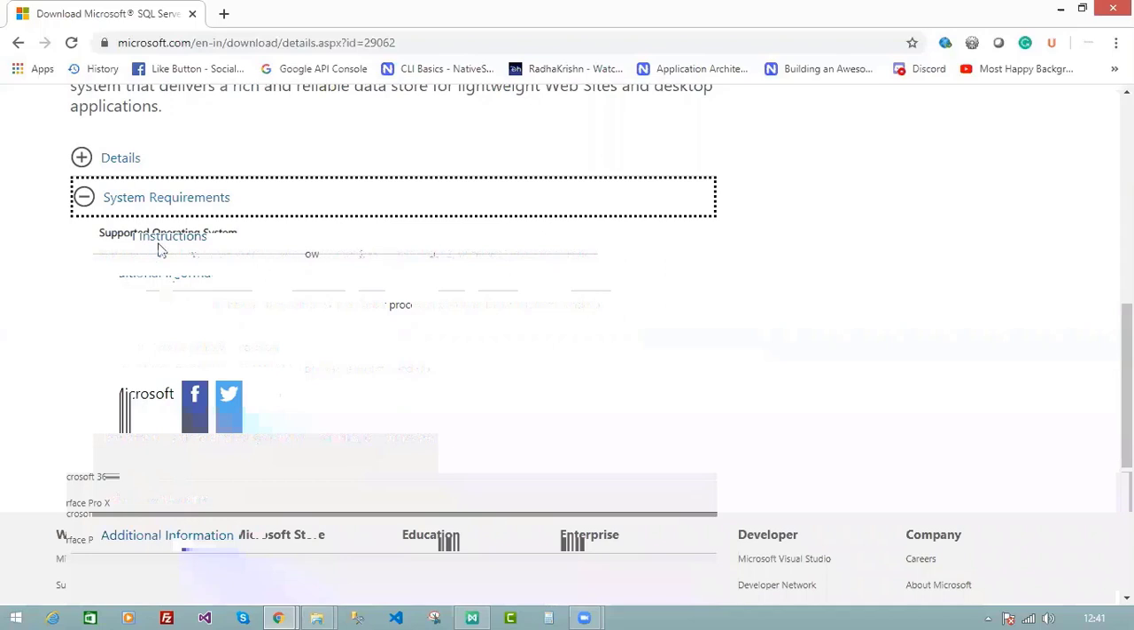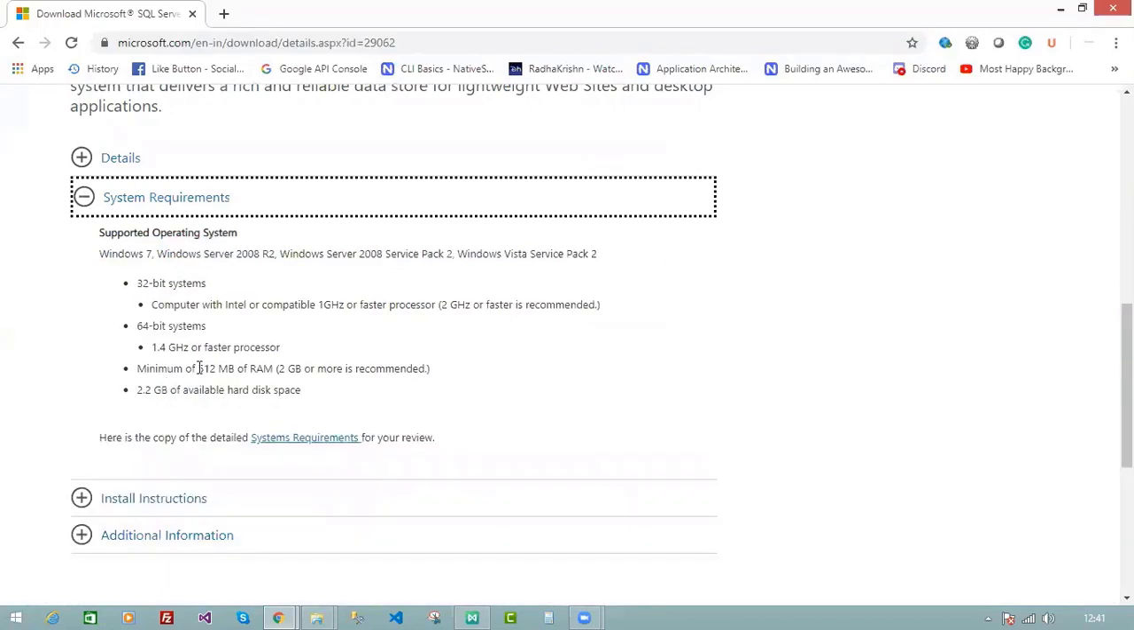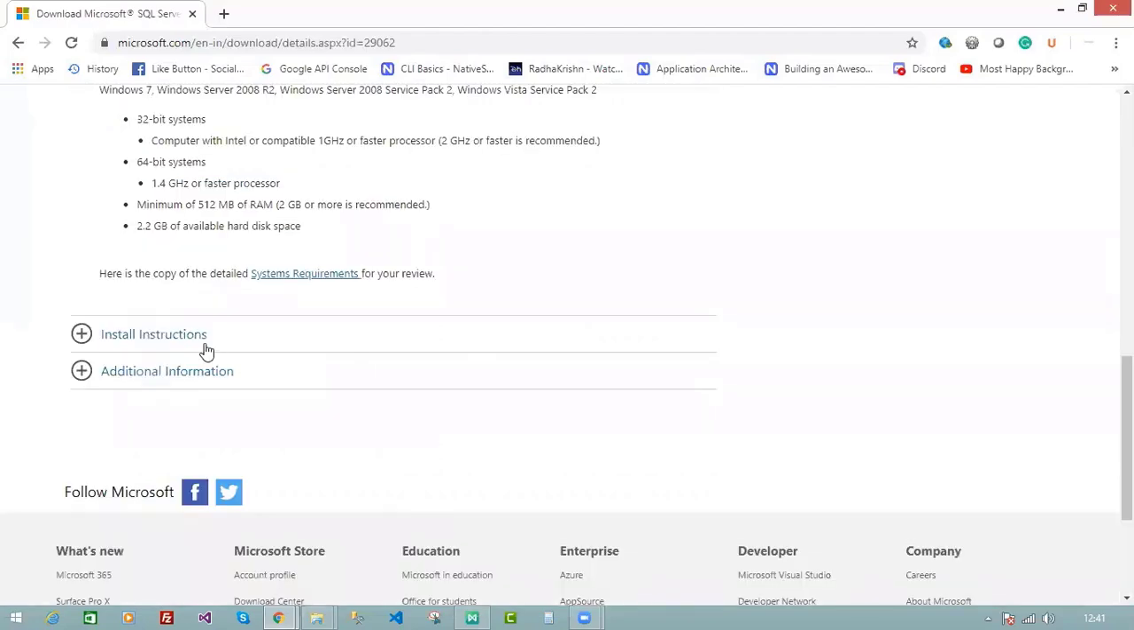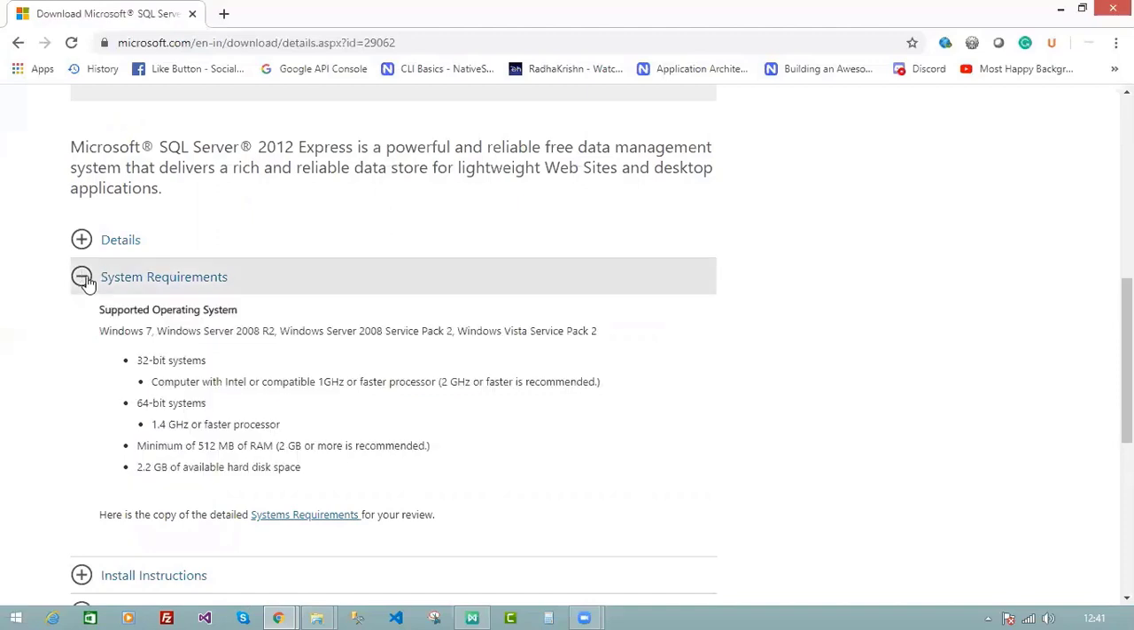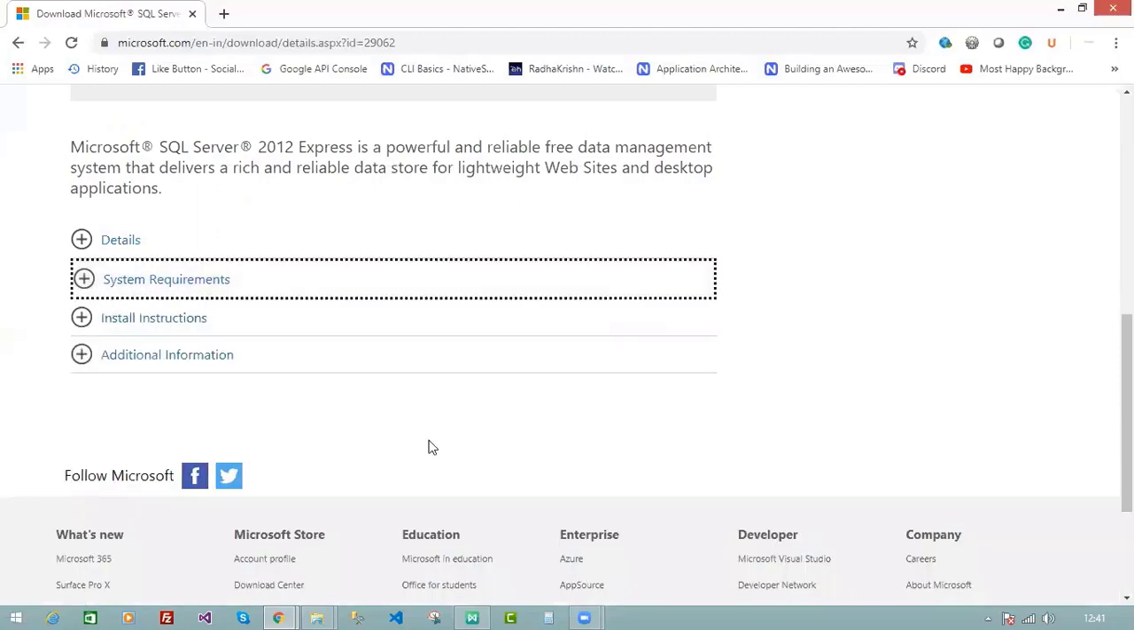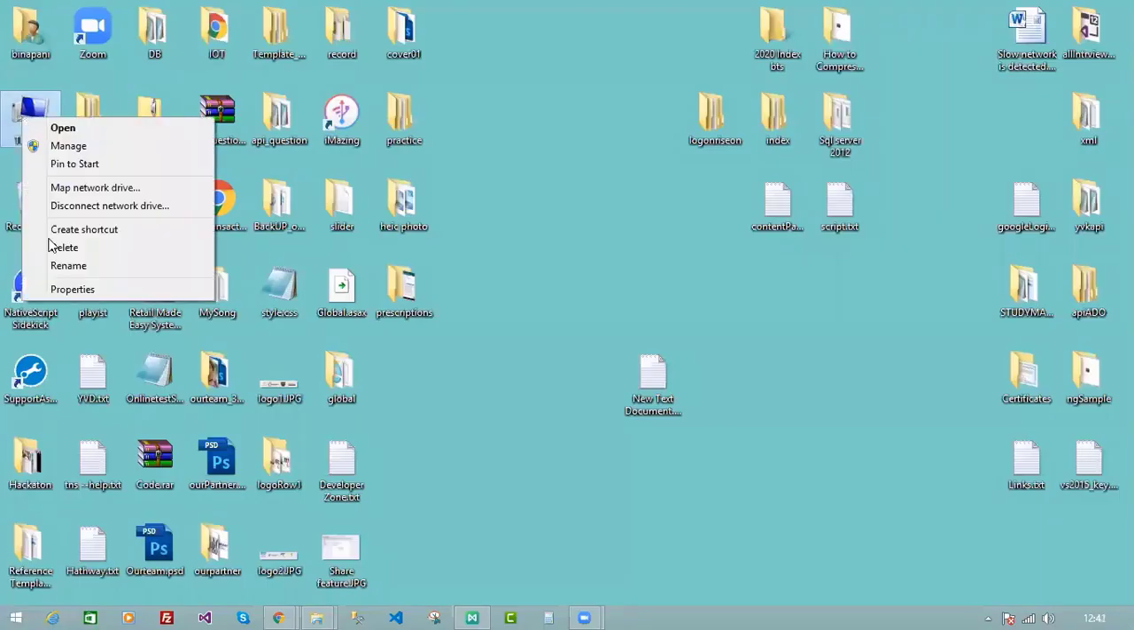If you're going to install 2012, then you need Windows 7, Windows Server 2008 R2, or Windows Server 2008 Service Pack 2. These are the requirements, and the processor can be a 32-bit or 64-bit system. The minimum RAM required is 512 MB, and 2 GB or more is recommended, and 2.2 GB of available hard disk space is required. So these are the system requirements. You have to check the system first before installation. You can check very easily by